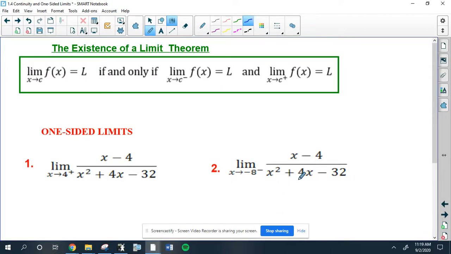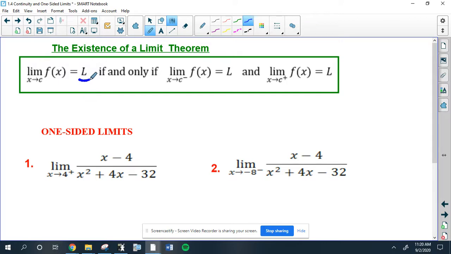So here's the second part of our one-sided limits video, and this is the existence of a limit theorem. Now this theorem is going to make a lot of sense to you because it's something we've been talking about for all last week. This theorem says if the limit as x approaches c of a function is L, meaning